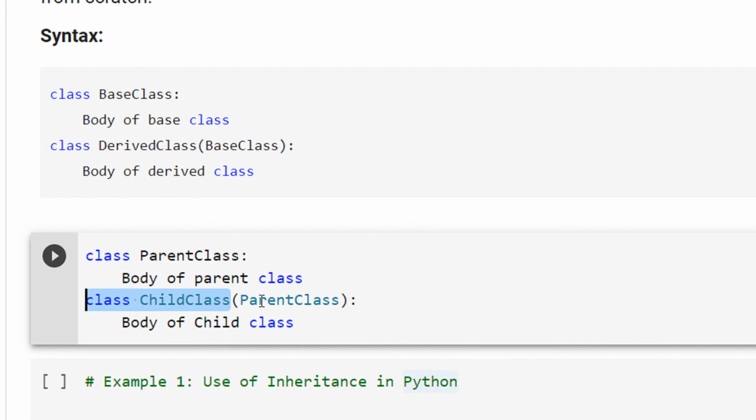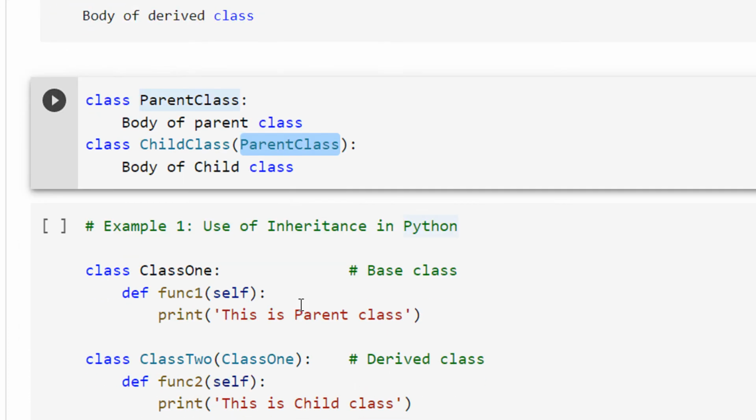You can see in the child, in the brackets, I am writing Parent. That means I am deriving the properties of the parent class into this. Whatever class name you write here, the properties of that class are derived.